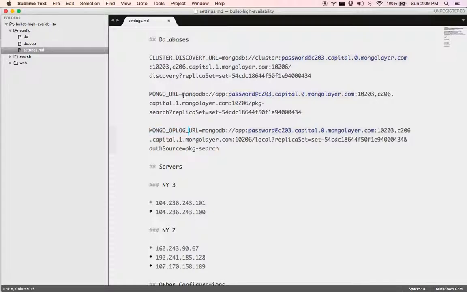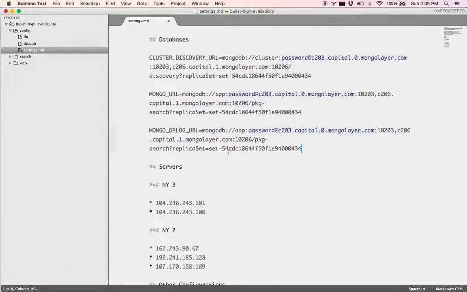First copy the Mongo URL as the Mongo upload URL, and then give the username and password for the user that you created as an upload user. We created the user as upload, and the password is also the same, so we can use that. And then we need to give the database name as local,